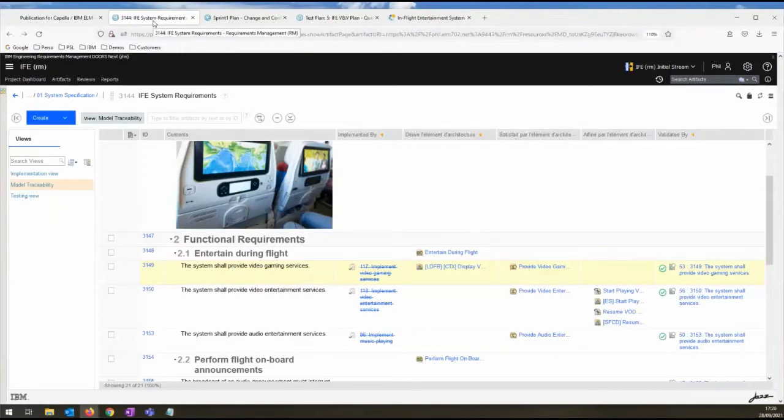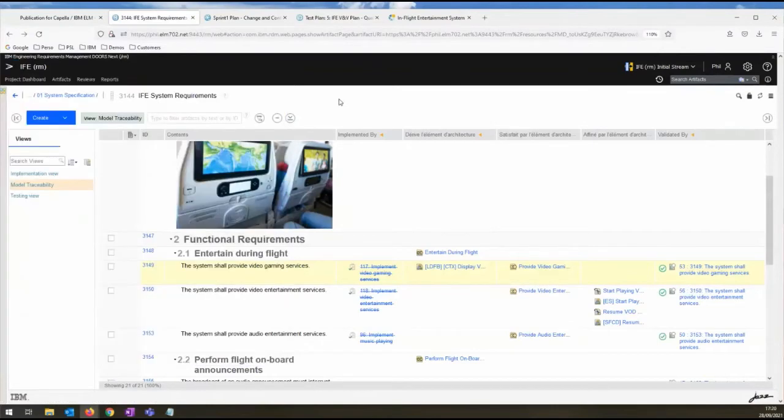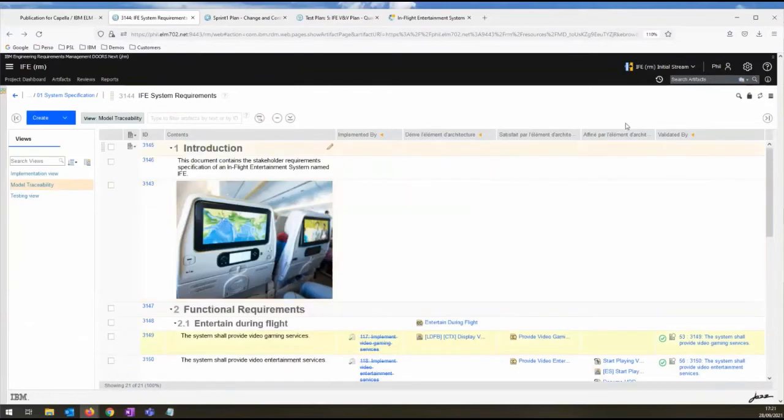So this is my project. For those who are not familiar with the ELM solution, you have different domains: requirements, test, task, and reporting. I have opened the requirement document. So this is our set of requirements. We have an input to this development project. It's like a Word document, I would say,